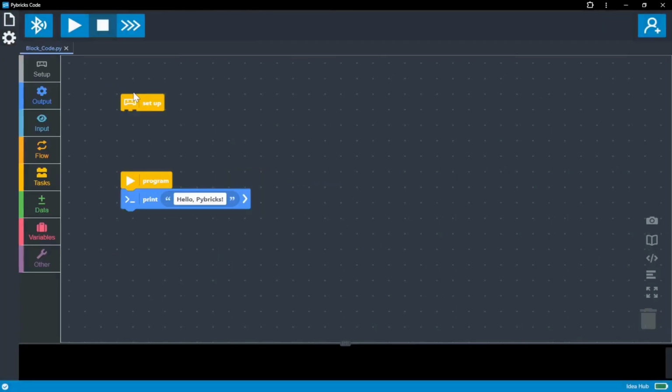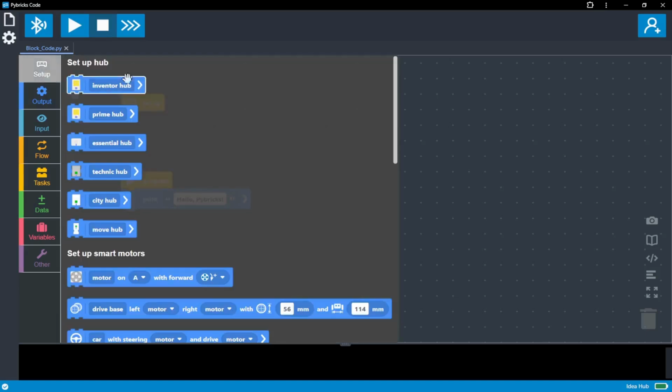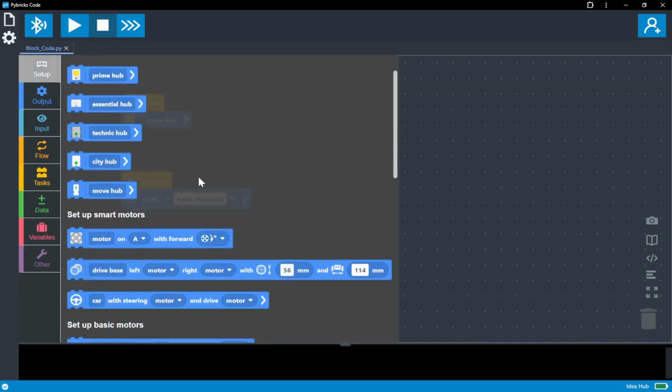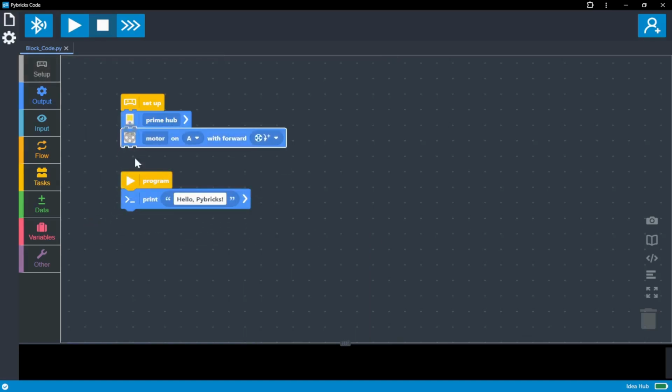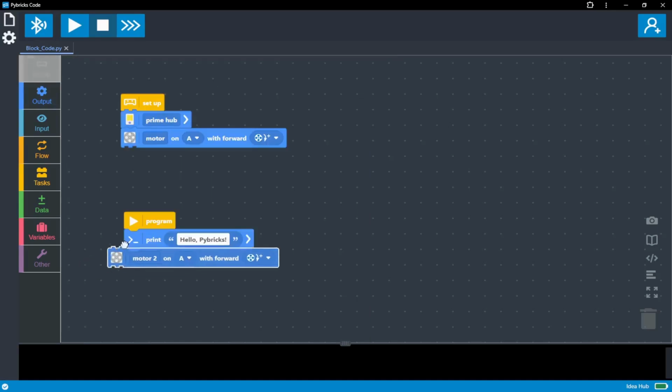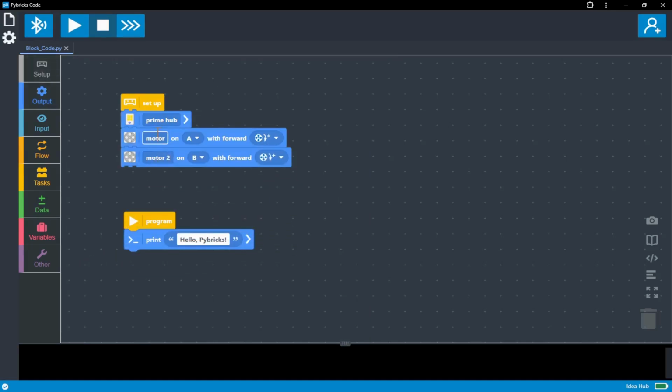Over here, we can go ahead and set up our robot. Setting up our robot, we can select the Prime hub. We can select two motors. Right here, set up smart motors. Grab the second one. I'll go ahead and give my motors a name. Left motor,